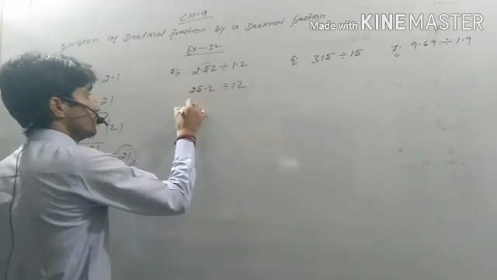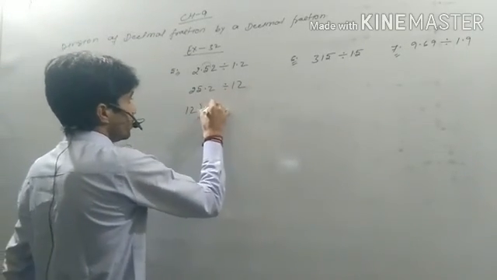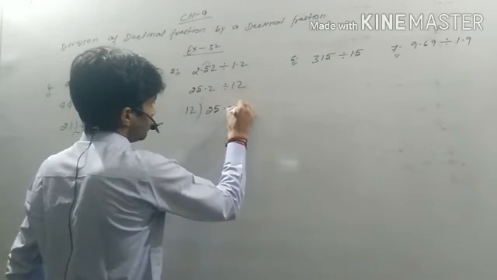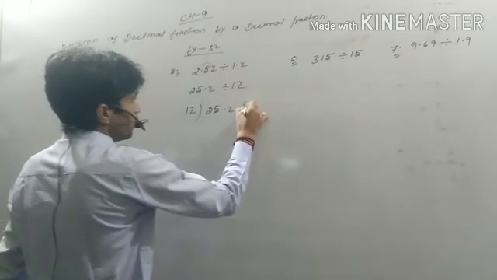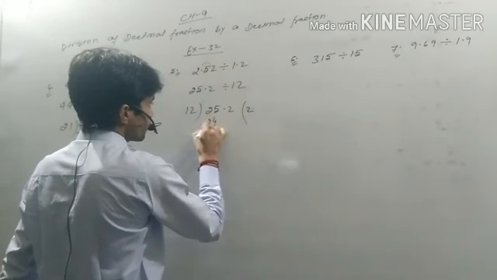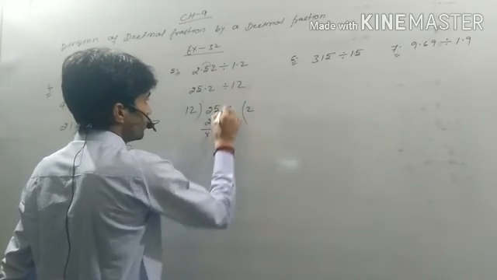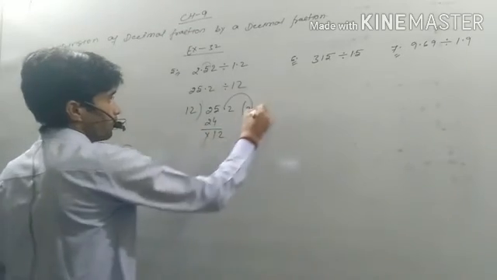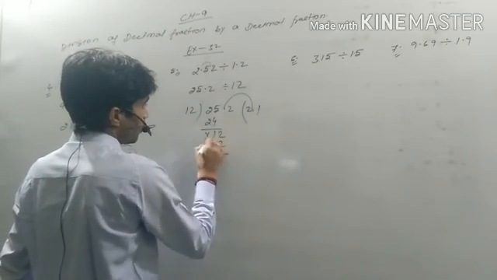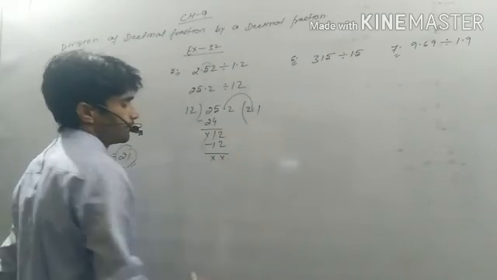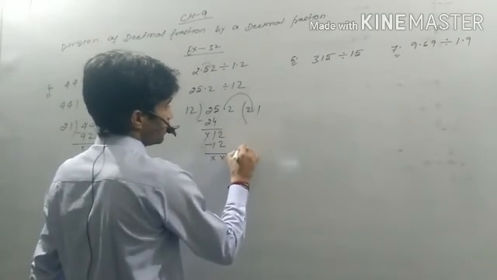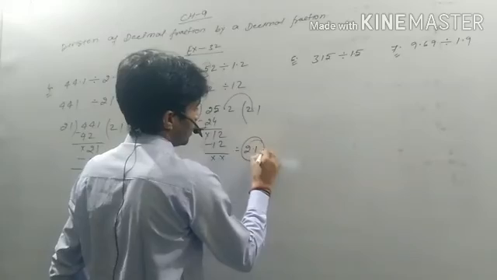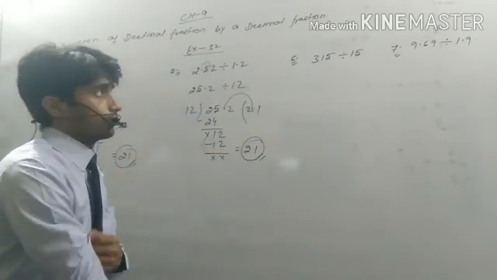So now 12 divides 25.2. 12 twos are 24. This is 1 and this is cancelled. Shift the decimal here and write down 2. 12 ones are 12. Now subtract, this is cancelled and this is cancelled. So our required answer is 2.1. And next question,